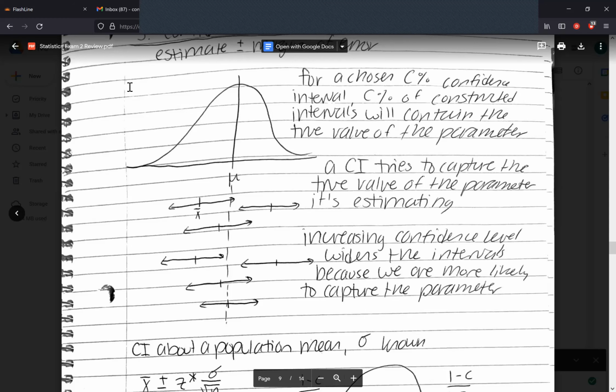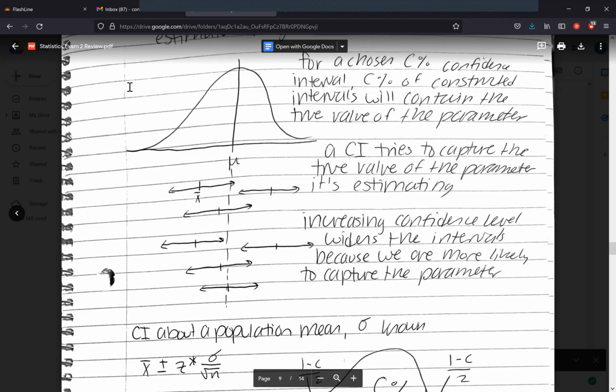So in the picture, I have drawn a normal curve. And here I'm looking for the population mean, mu. So I'm taking samples and I'm calculating the sample mean, X bar, and using that I can calculate the confidence interval, which I've drawn below the curve. So what this is showing you is that